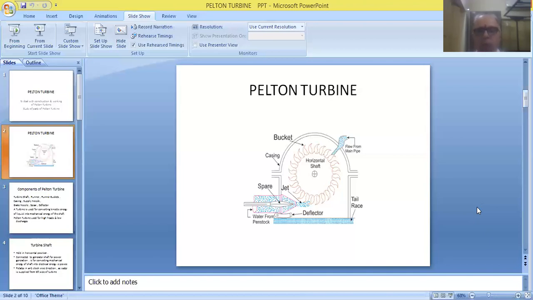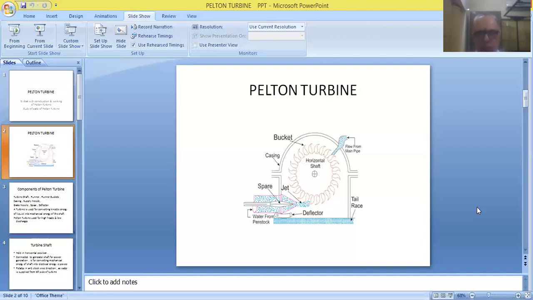And finally, we can see one more nozzle that is arranged on the right-hand side of the machine, called a brake nozzle. As the name itself implies, it is used for stopping the operation of the turbine. For stopping the operation of the turbine, this brake nozzle will be supplying water in opposite direction. So automatically the runner will be coming to static position.